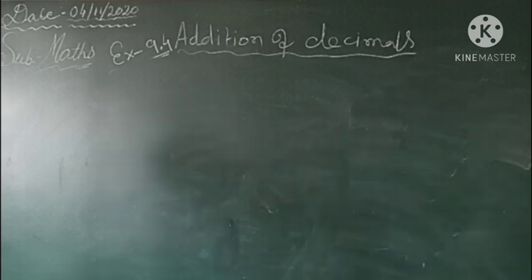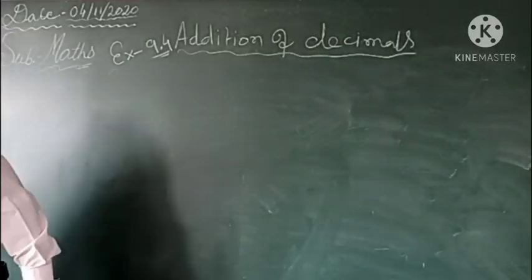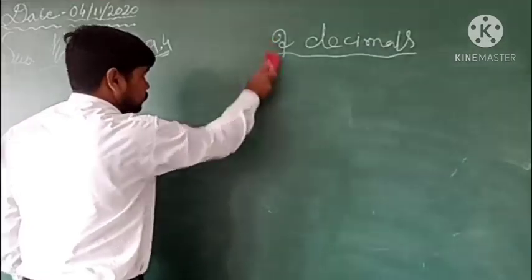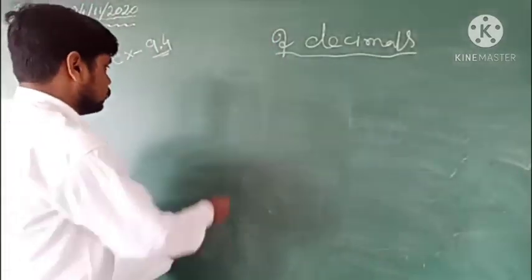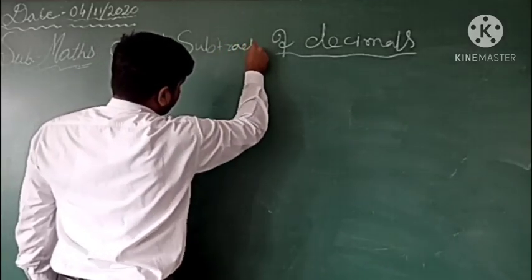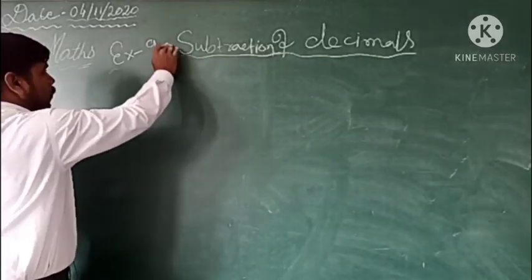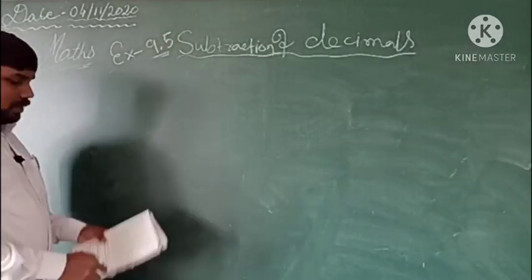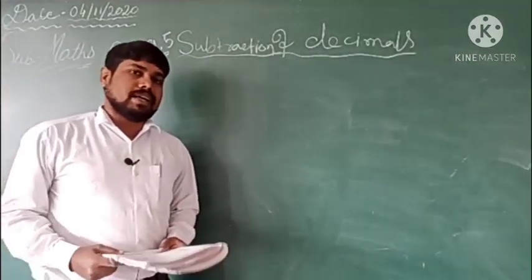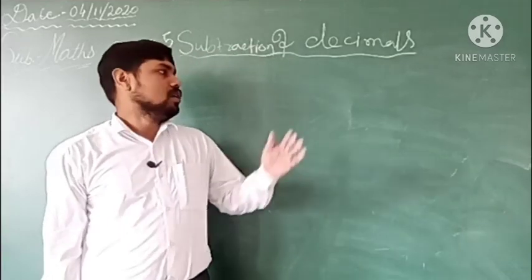The next topic which we have is subtraction. So just instead of addition, it is now subtraction. So subtraction of decimals now, which is 9.5. Okay, so this is nothing different from the normal subtraction only. The thing is you just keep in mind that as many digits as there are before the decimal, that many you have to put before the decimal after the difference also.